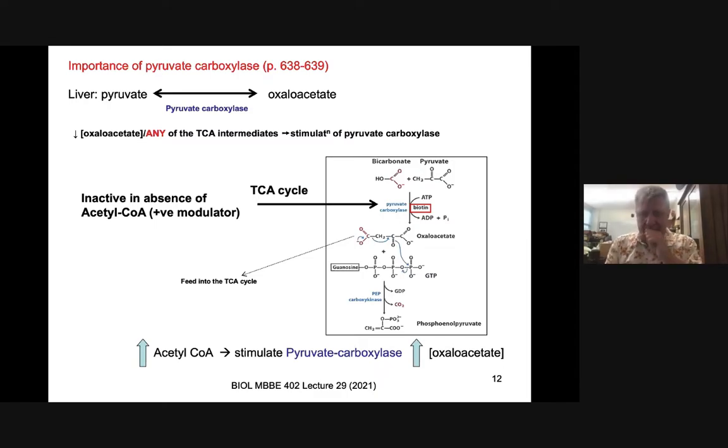And so what we see here is the consumption of energy in the form of ATP to give us that capacity to utilize the condensation reaction between bicarbonate and pyruvate. So this gives us an alternative approach to producing oxaloacetate. Now, the oxaloacetate can then make the choice, depending on the cellular system, whether it goes into the TCA